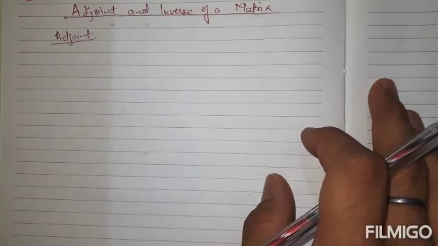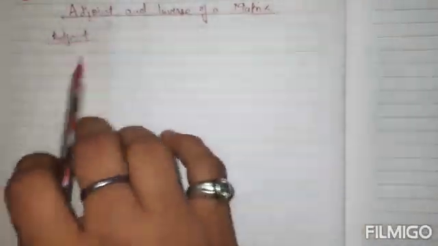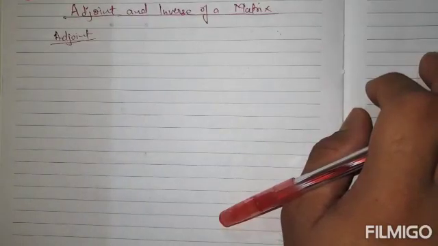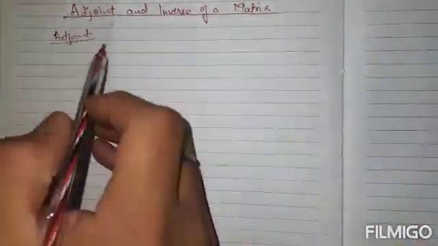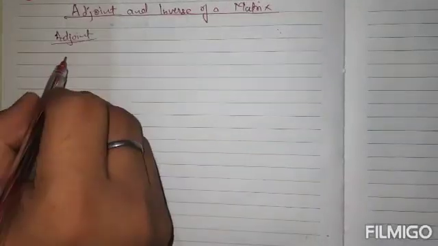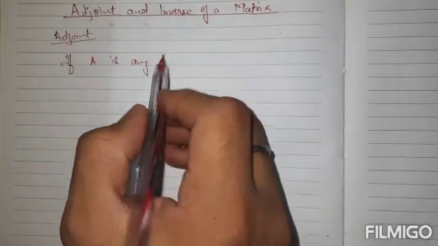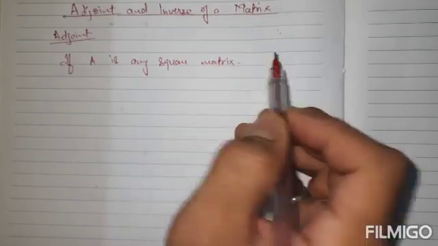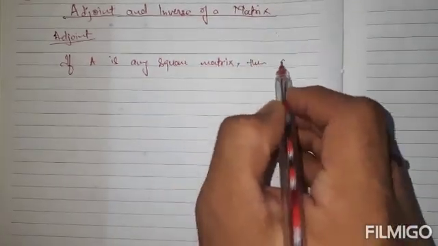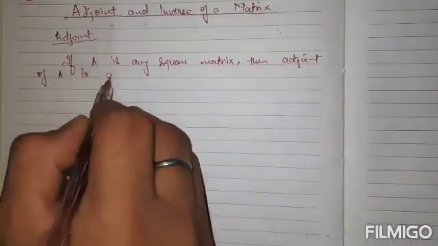Now moving ahead, we have now a new topic, adjoint and inverse of a matrix. First we will discuss about adjoint, and this adjoint topic is also based on finding the minor and cofactor only. See now what to do next. What is adjoint? See students, if A is any square matrix, it should be remembered. If A is any square matrix, then adjoint of A is also a matrix,